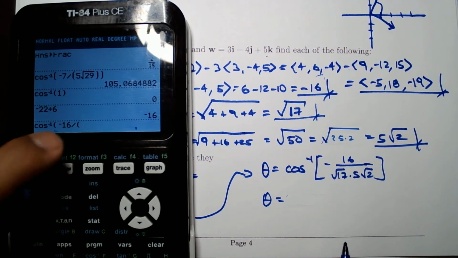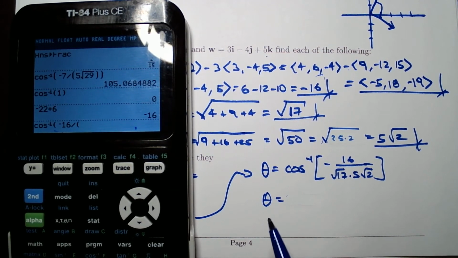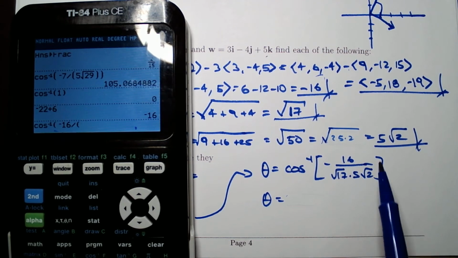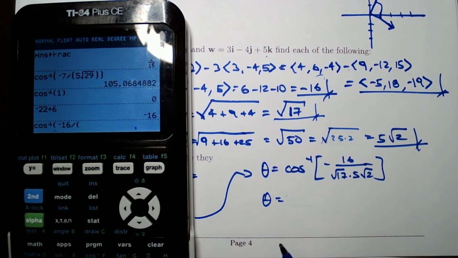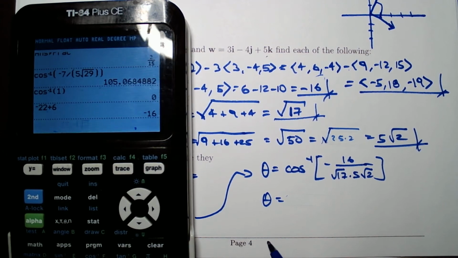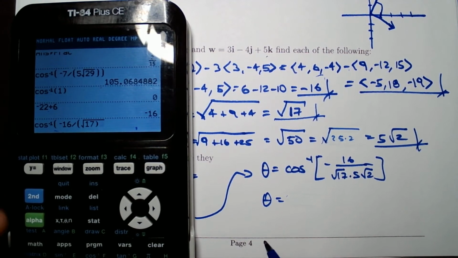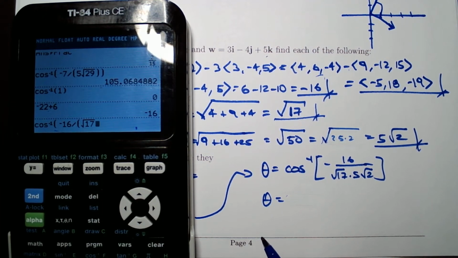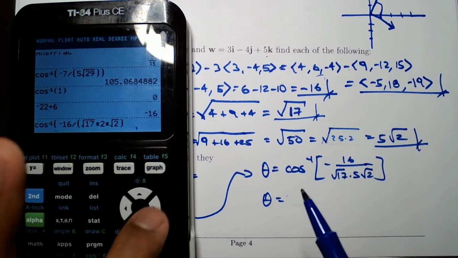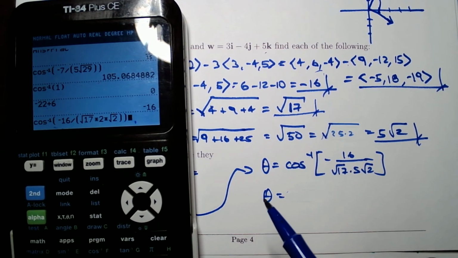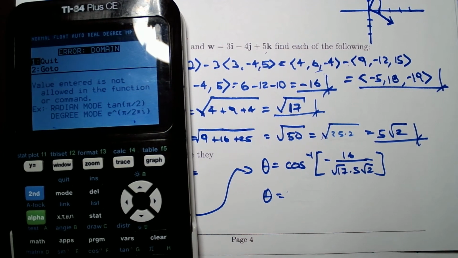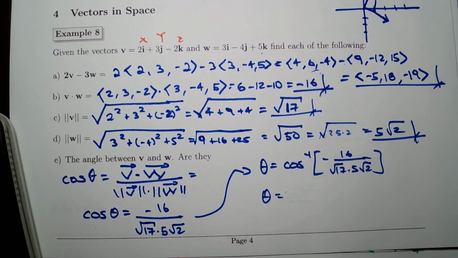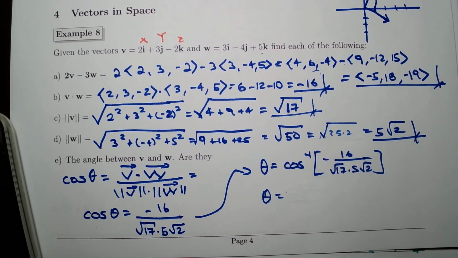That's a very common mistake, to not put that parentheses, and then this 5 and this root of 2 would end up multiplying. So make sure to do square root of 17, close parentheses, times 2 times square root of 2, and then in this case close parentheses for the denominator, close parentheses for the arccos function. And well, for some reason I'm getting an error in the domain. I don't know why. Maybe I didn't put the correct